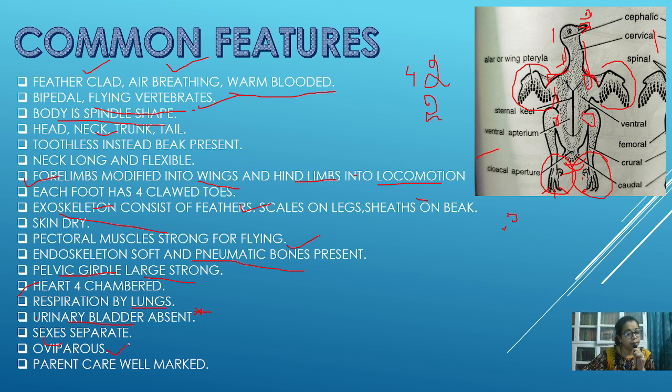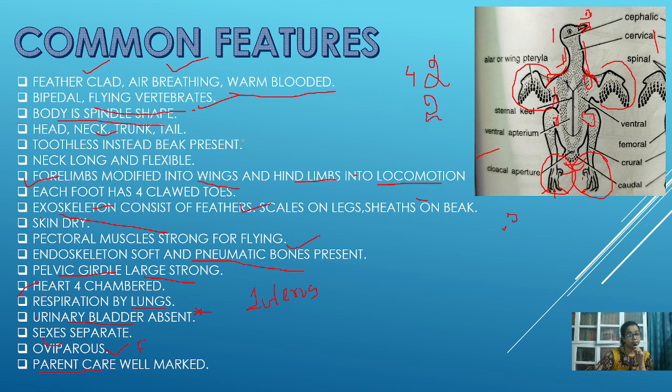They are oviparous in nature, that is, they lay eggs, and parental care is seen. What is parental care? I have already mentioned it when I was dealing with amphibia. Parental care is taking care of the young one till it is adult and mature enough. And one more interesting feature, they have only one uterus. Only the left uterus will be present, because if both uteri were present, their body would be heavy. So these are certain features which are modified in their body for flying, like the spindle